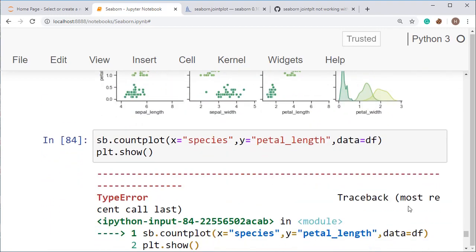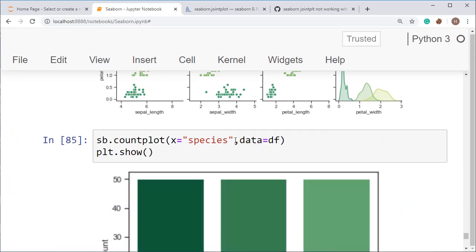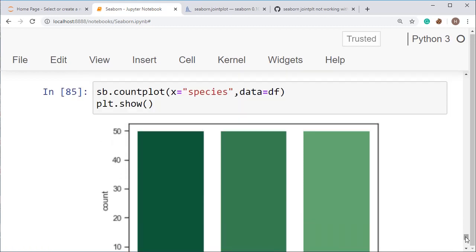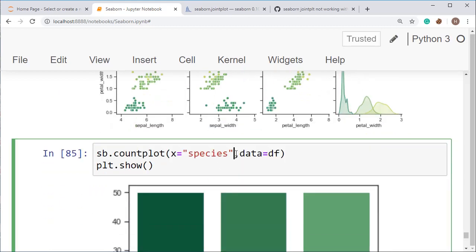We need only a single variable in the count plot, so just remove the y, and plot this graph, and you will get the count plot in this manner. Now the point plot, this will plot the points. Here we will need y, so put it here.